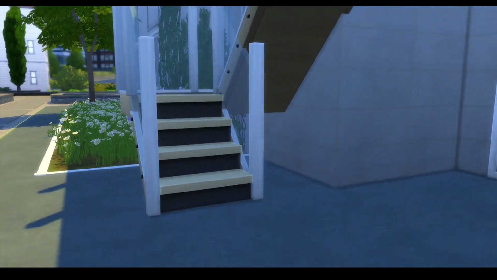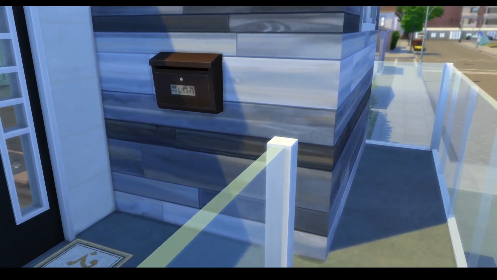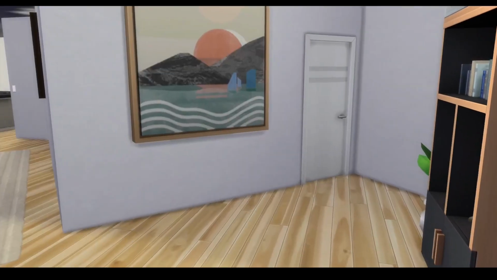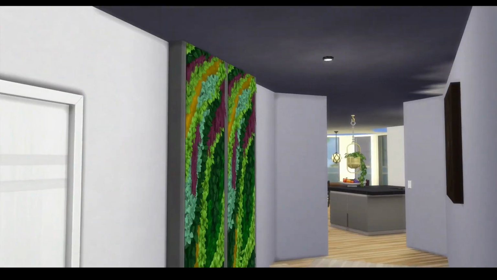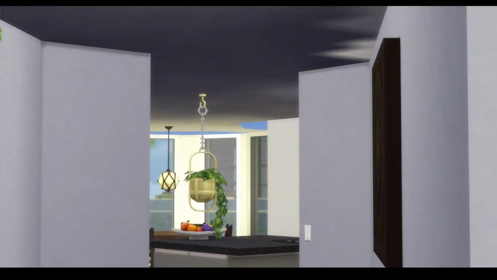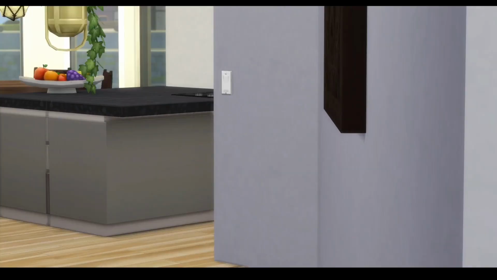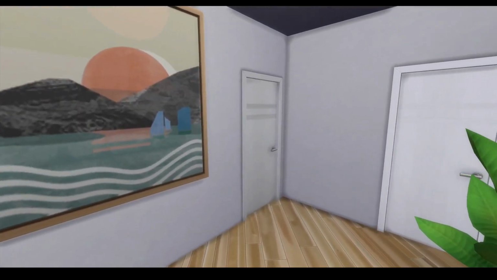If we head up the stairs, sorry, my sound effects are terrible. Anyways, through the front door, we are welcomed with this massive picture and this hallway with this cool greenery, and you can see down there to the kitchen and the ceiling that's bugging because of these circular walls. Don't forget the light switch. Anyways, so we have this built-in moment as soon as we come in the door,